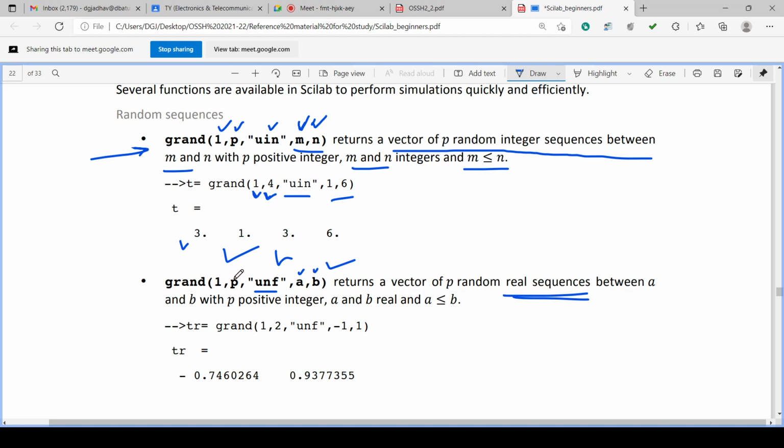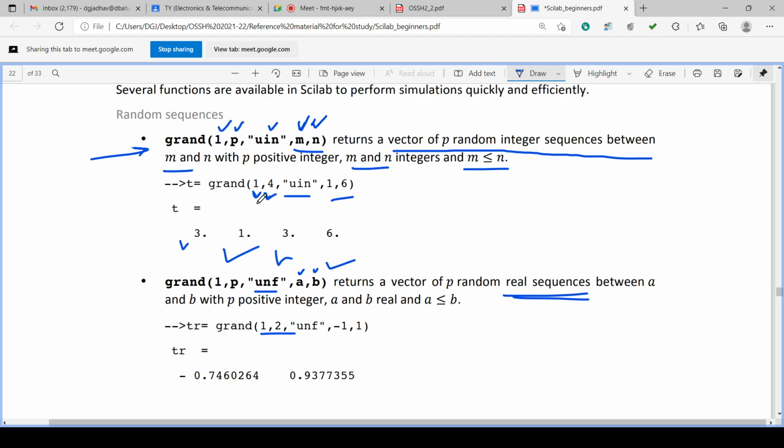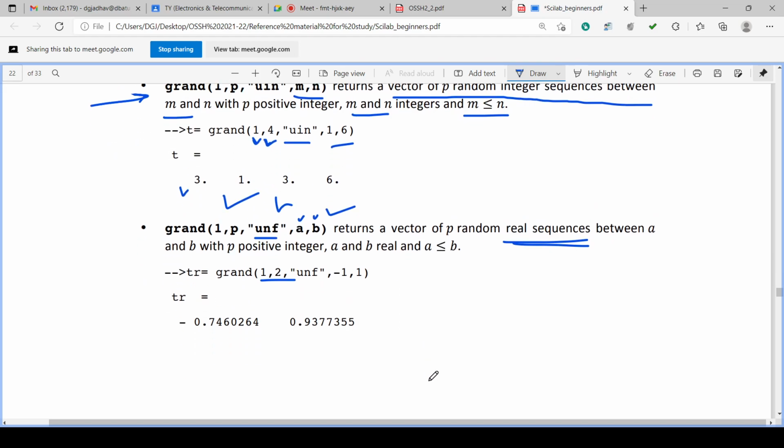So 1 to p: if it is 1 to 2, 2 numbers will be generated. If it is 1 to 4, a total of 4 numbers are generated. So unf gives real numbers, with minus 1 to 1 as the limits.